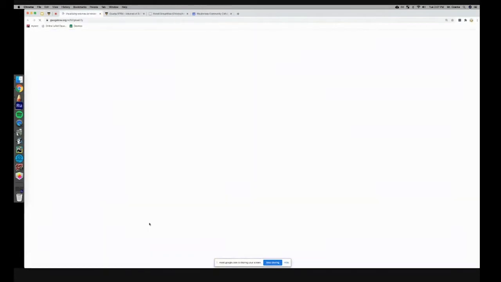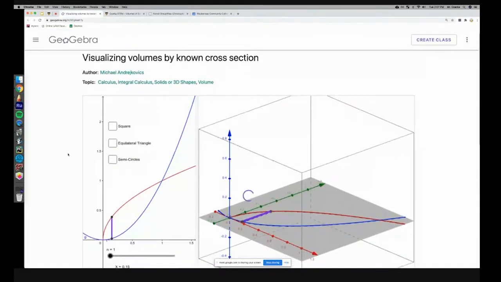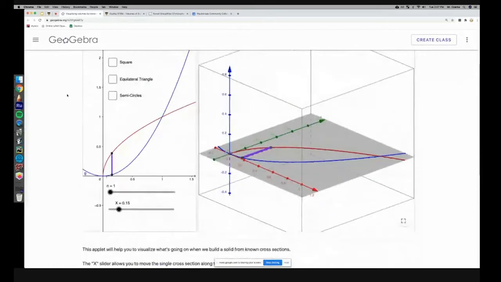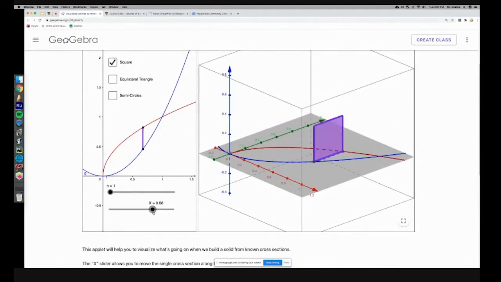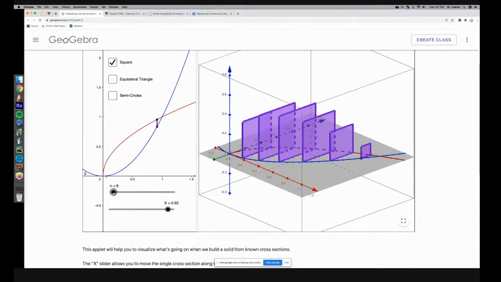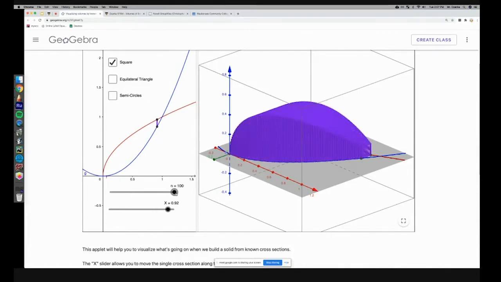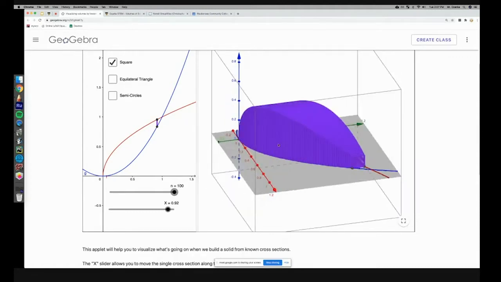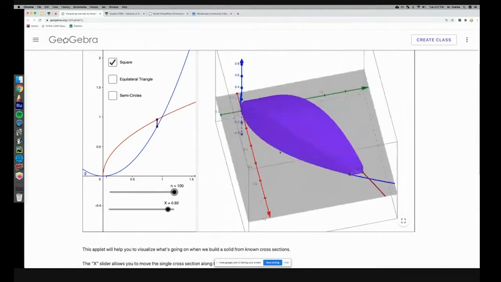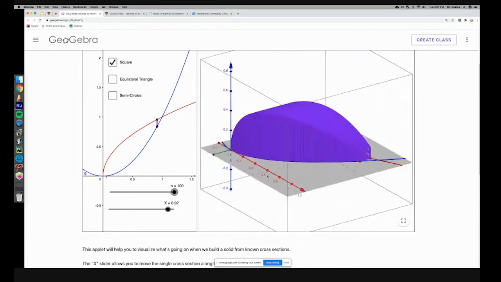And then the last one is probably the coolest one, so I kept this one for last. With this one you can click a square, and you can see there's a square here, and you can move the square wherever you want, but you have to imagine infinitely many squares along this path. So what I can do here is add more squares, and it fills up. Eventually it looks like it fills it up completely. Obviously it doesn't because it's only 100, but you can imagine this shape has a certain volume, and all you're doing is adding up all those little areas